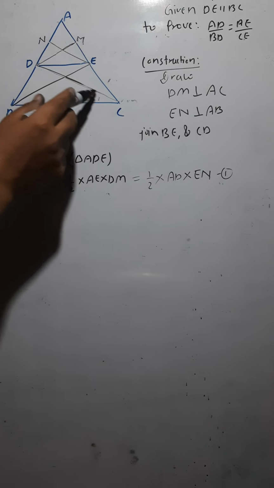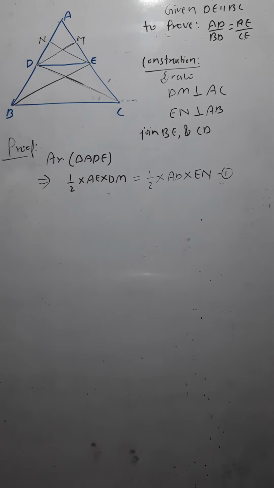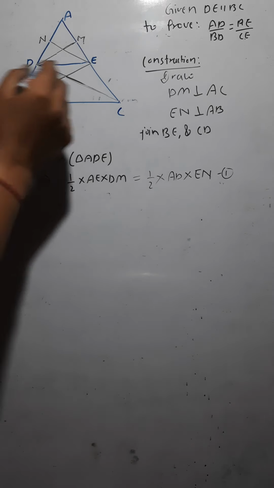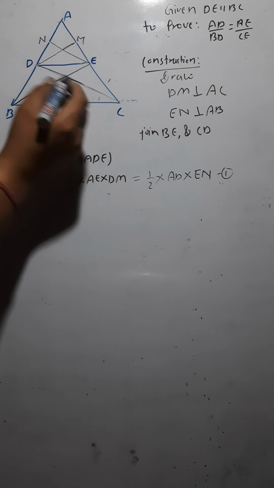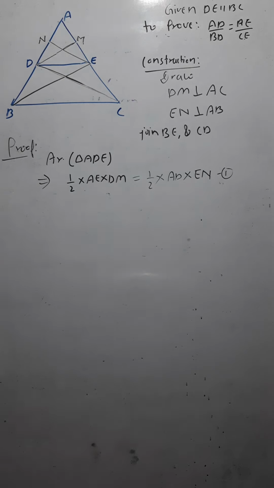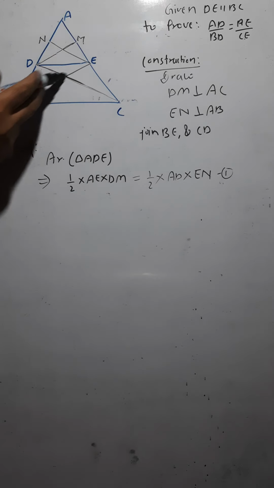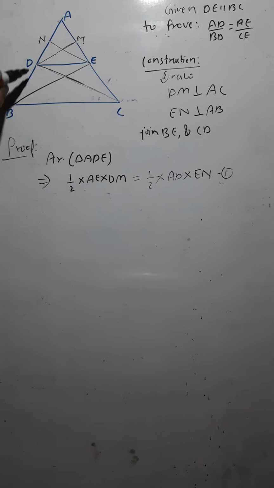DCE. Can you see this one triangle? DCE. And one more triangle is there, DEB. These are the two triangles. Now if you have two triangles on the same base, look at triangle DCE. What is the base? Base is DE. Now take this triangle DEB. What is the base again? Base is again DE, isn't it? So in both cases you have the same base. And this base is perpendicular to this one line.